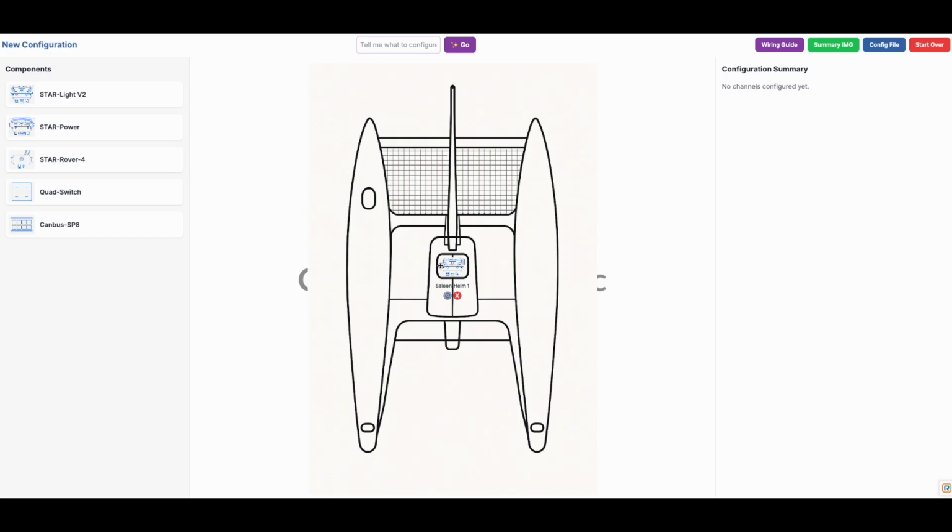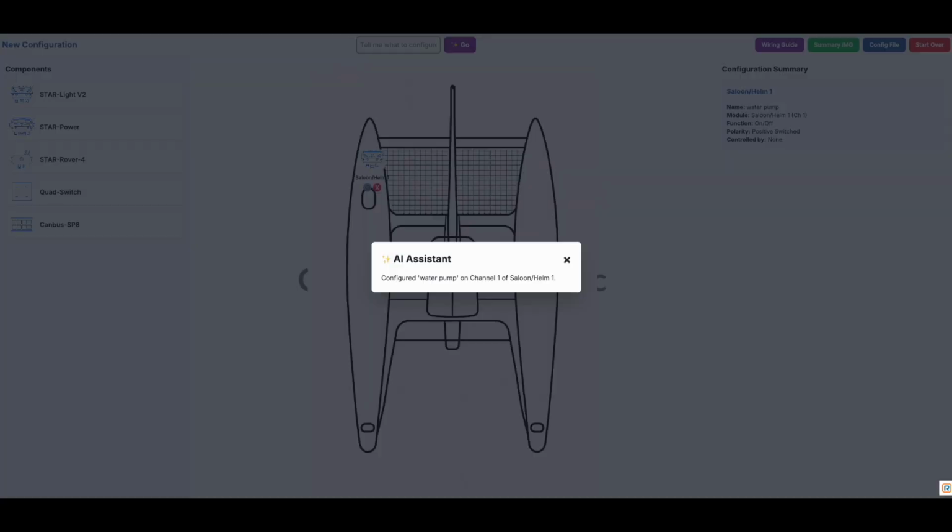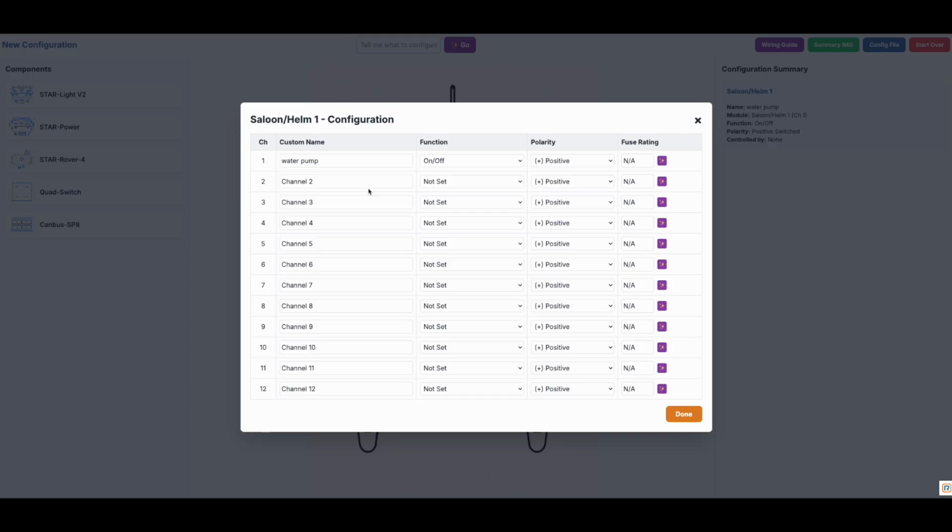The AI assistant tells you, and we then move it to where we want it. So it's going up into one of the cabins, and then we're going to add in here now a water pump, and we click go and we say add it to that starlight, and then it adds a water pump on channel 1 of Starlight, and we're now looking at the configuration, and